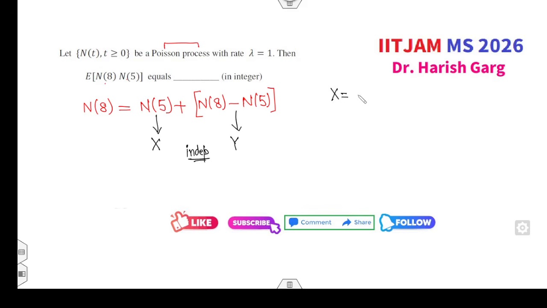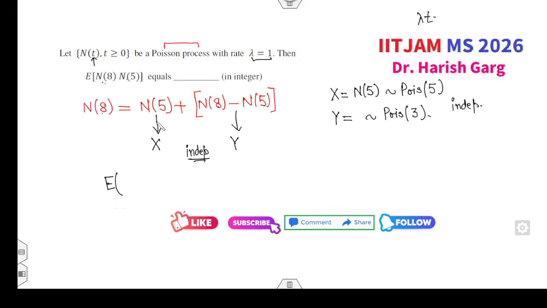तो x आपका क्या है? N of 5 which follows Poisson distribution with the parameter lambda into t. Lambda is my 1 and t will be 5. So lambda into t is 5. और ये आपके पास y है. फाइन, y again follows the Poisson distribution with the parameter 8 minus 5, 3 into t, lambda into t, that is 5. Fine, and both are independent. So now your required target is to find the value of E of x plus y